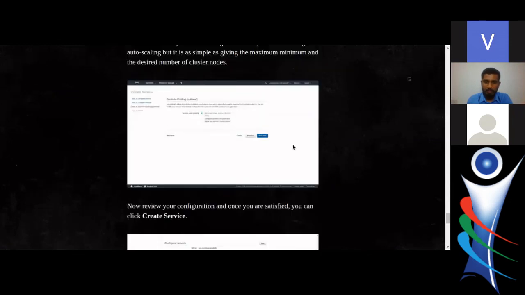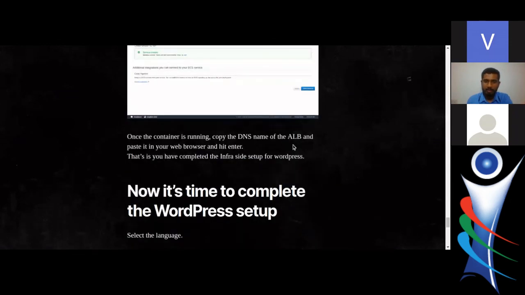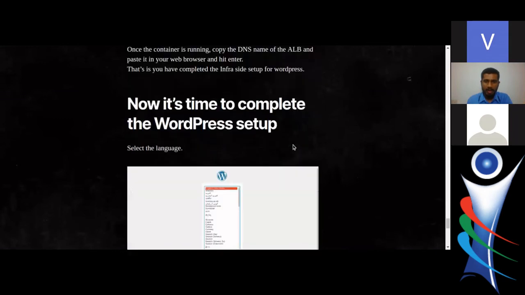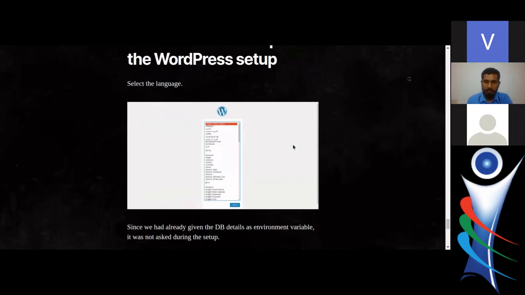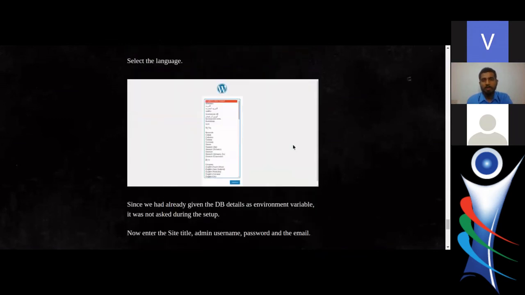So always select 1.4.0, and then once we set everything up, you can give auto scaling and everything, and that's it. After that, when the cluster starts running, it will download the WordPress container from Docker Hub. It will start it. It will give that environment variable, and your website will come up like this, which is the setup page for your WordPress.